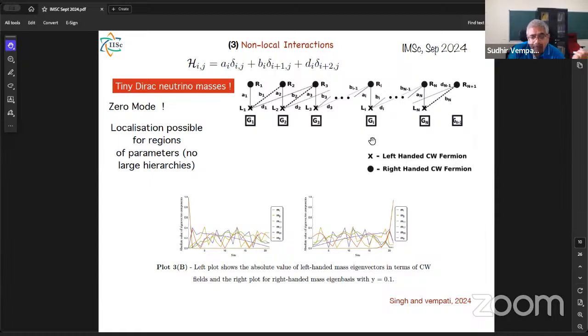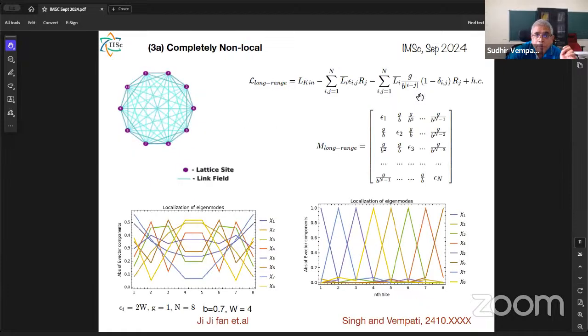In this case too, you have localization of only the 0 mode, but the moment you turn all of them random, all of them get completely localized. This is the case I'm talking about, in which, suppose I take 8 sites and make links to all the possible fermions. So the mass matrix will look somewhat like this. You have the diagonal, and the entire mass matrix is full, but we need something like a